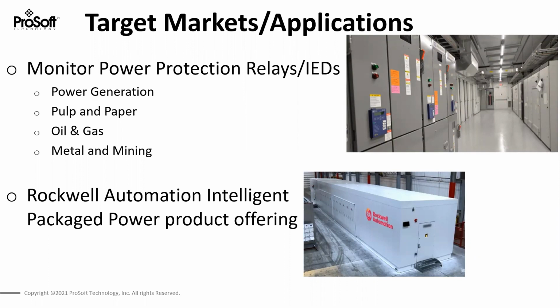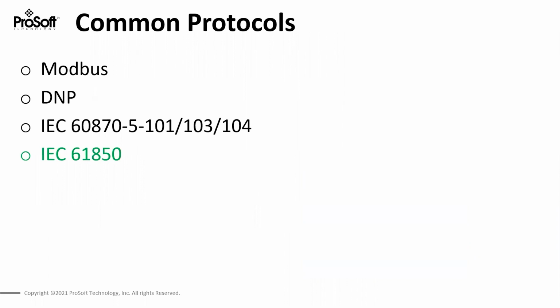So when we look at how we integrate these devices into ControlLogix systems, it has traditionally been on a Modbus communication network. That was kind of the first implementation, then it migrated over to a Modbus TCP/IP network. But then there have also been some very specific protocols used in integrating these devices into a control architecture: DNP and IEC 60870-5-101,